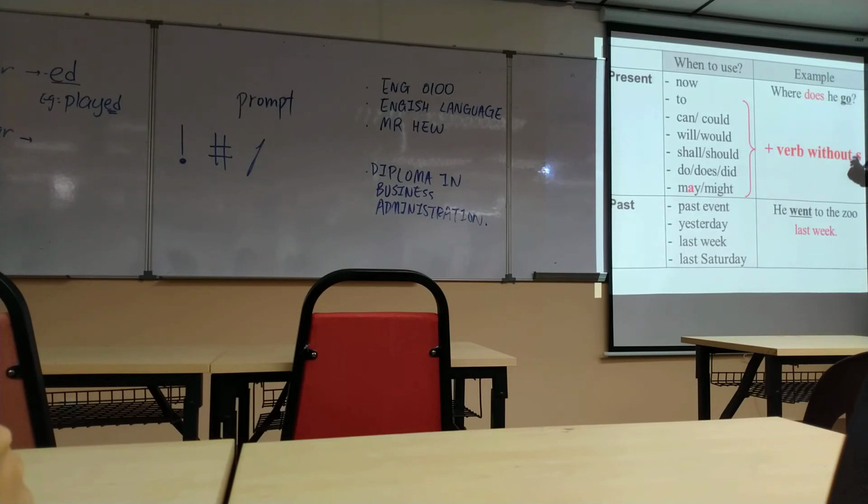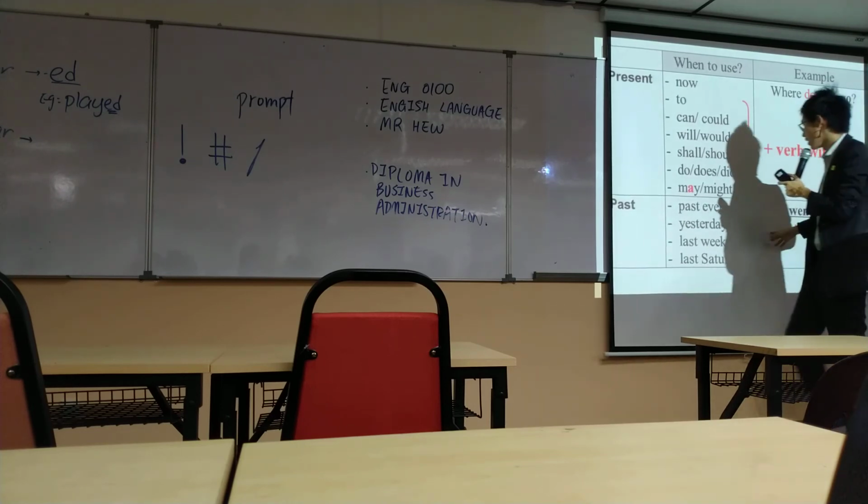Okay, one more thing, another extra point. If I write where did he go or goes? Go as well. Where does, where would, where should. Okay? Which word determines what tense it is? Which word? Not the word go, it's the word does. If the word is does, it means present tense. If the word is did, it means past tense. But what I want you to focus on is this word, go. So when you see a modal verb, we put present tense without s.